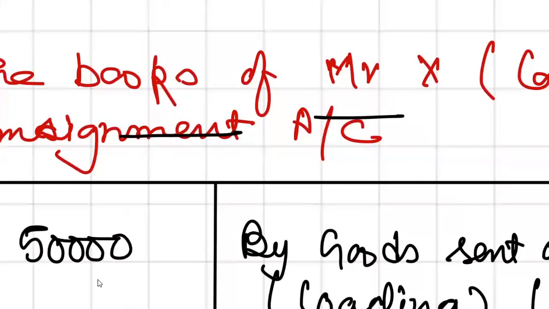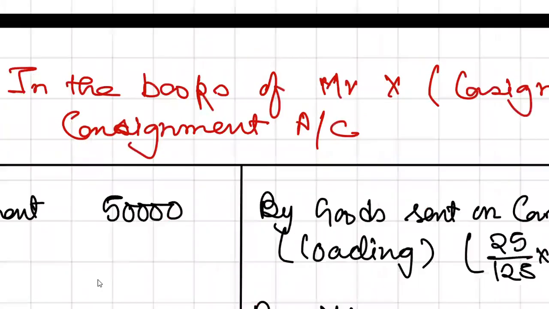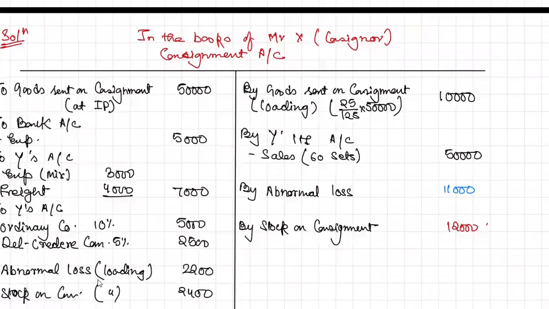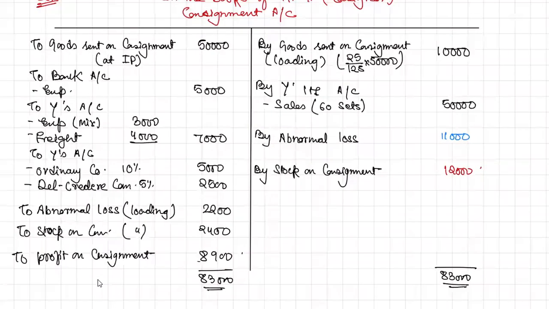The thing is that you have to identify the load amount. Okay, आपको आइडेंटिफाई करना पड़ेगा कि इनवॉइस प्राइस क्या है, कॉस्ट प्राइस क्या है, अकॉर्डिंगली लोड विल बी कैलकुलेट।